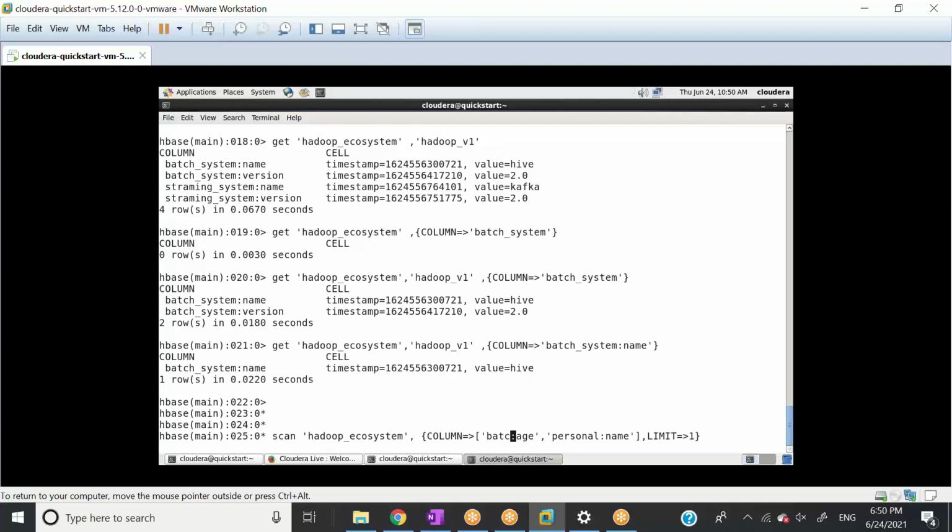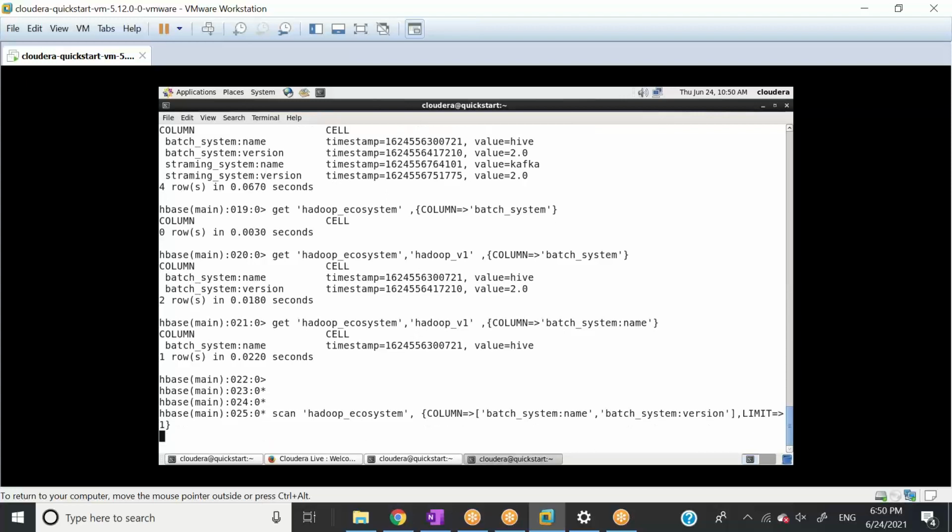Let's say batch_system. And then from batch system I need to say name, and from batch system I need to say version.